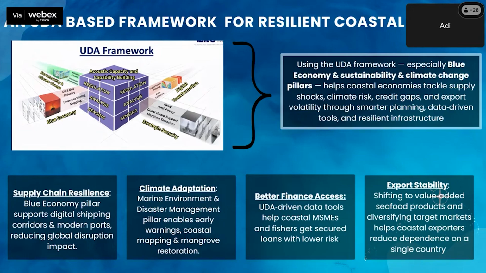And for climate adaptation, the marine environment and disaster management pillar enables early warnings, coastal mapping, and mangrove restoration. For better finance access, UDA-driven data tools can help coastal MSMEs and fisheries get secured loans with lower risk. Then for export stability, shifting to value-added seafood products and diversifying target markets can help coastal exporters reduce dependency on